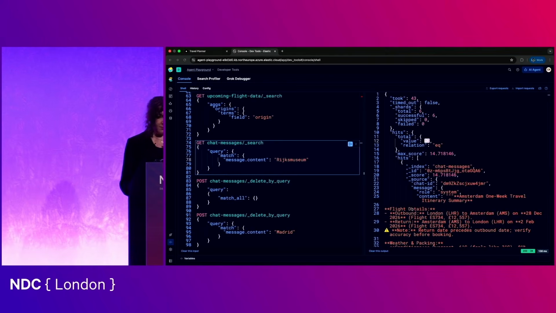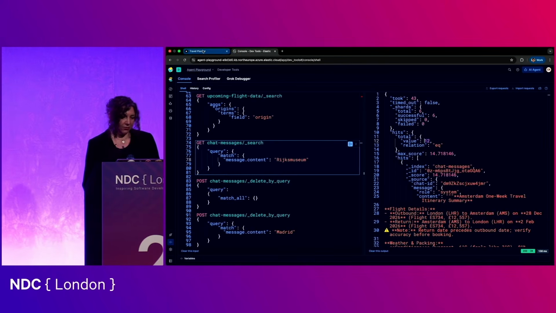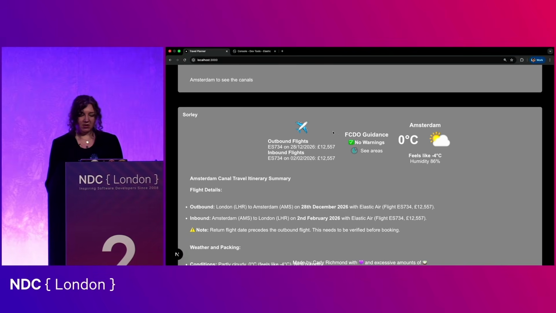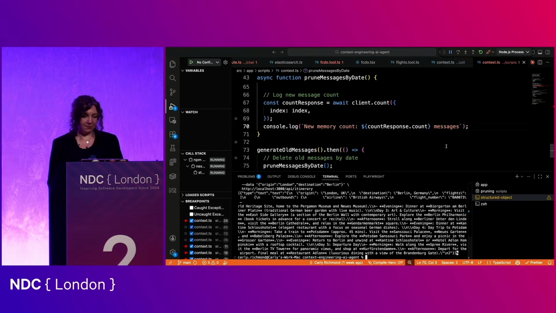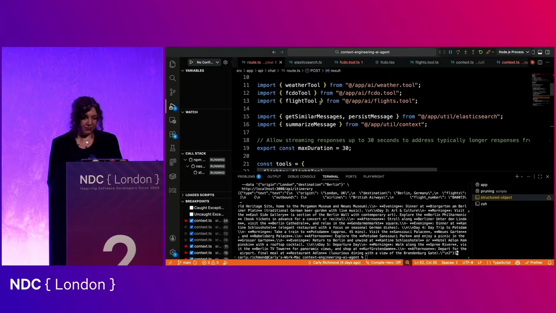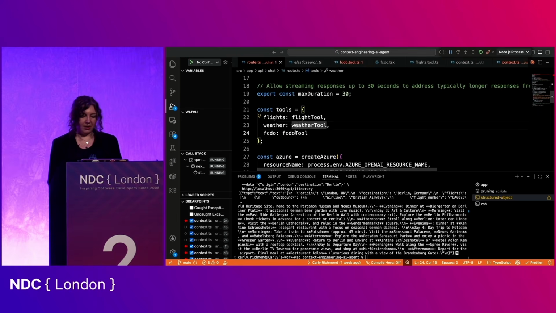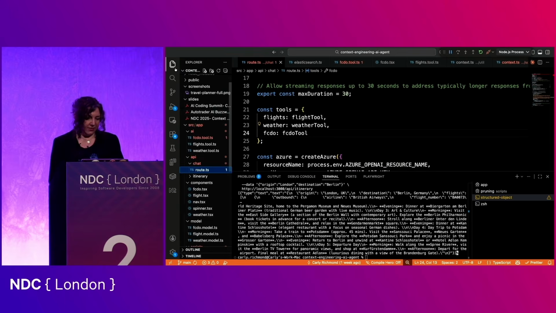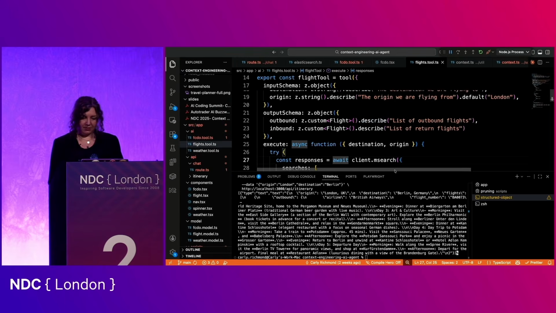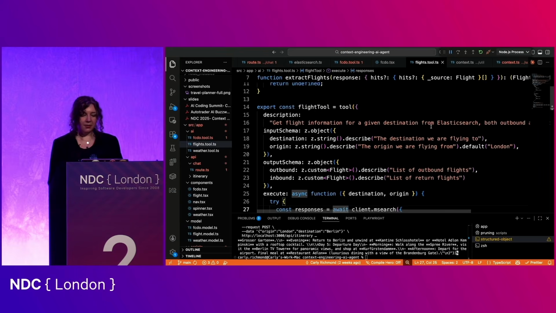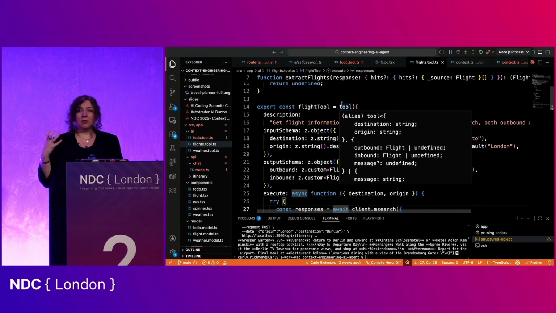So if we go back to our demo to go through the tools, what you'll have seen already from one of the prior runs is that we have three tools here. We've got one that's pulling in the flights, one that's pulling in the Foreign and Commonwealth Office data, and one that's pulling in the weather. And all of these aspects are then used to generate our itinerary. So what you will see within here, going to the root, I've defined three tools at the top: flight, weather, and FCDO. If I deviate and show you the flights tool by comparison to what we saw with the RAG example before, you can see within my tool I have particular attributes that I've defined to help explain to the LLM what this tool does.